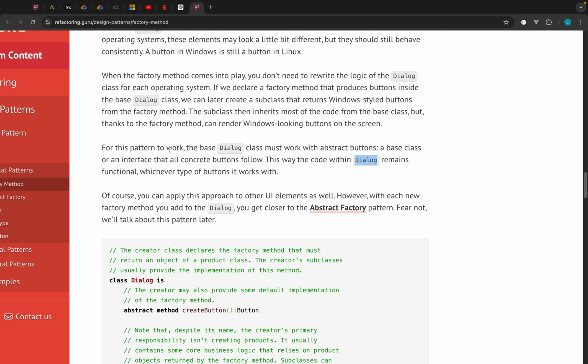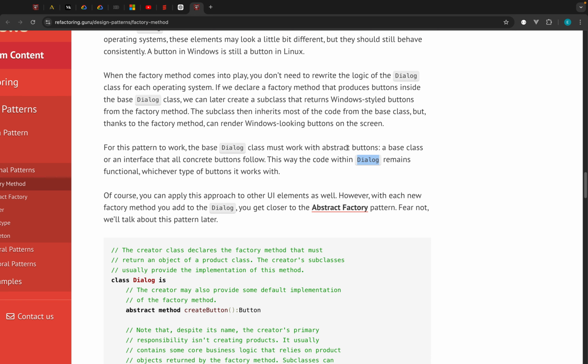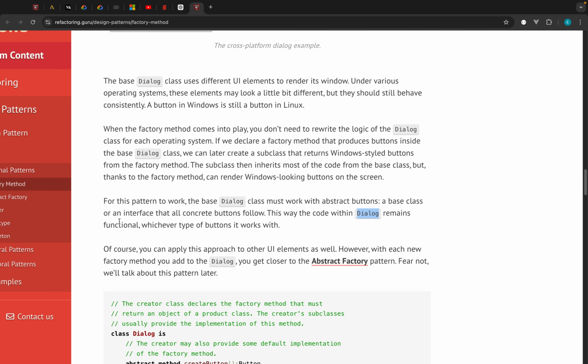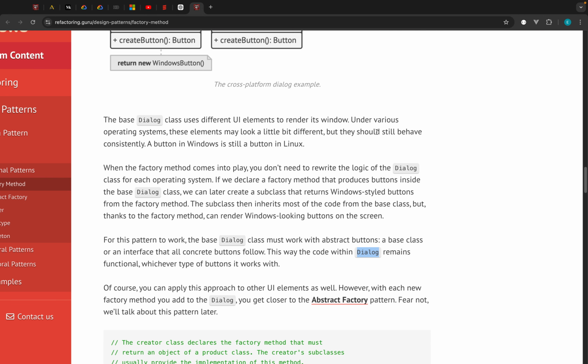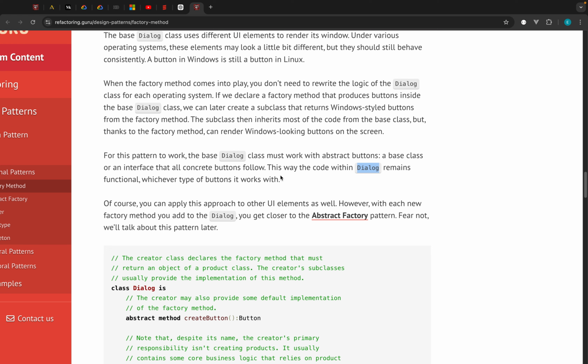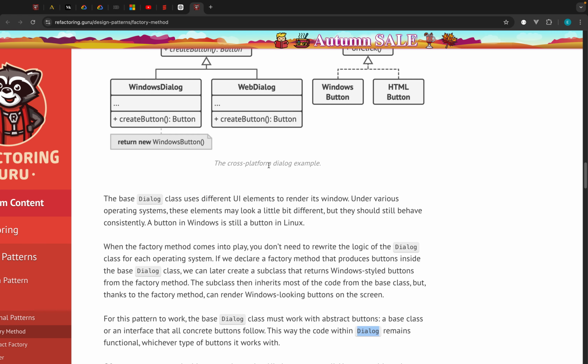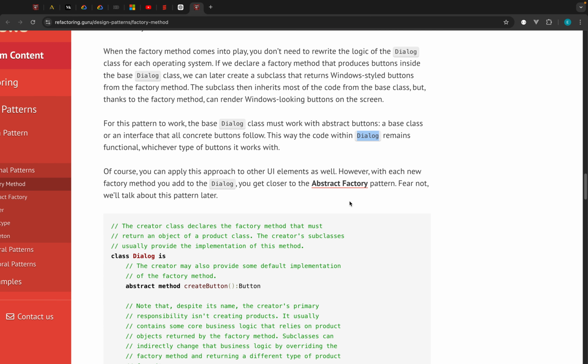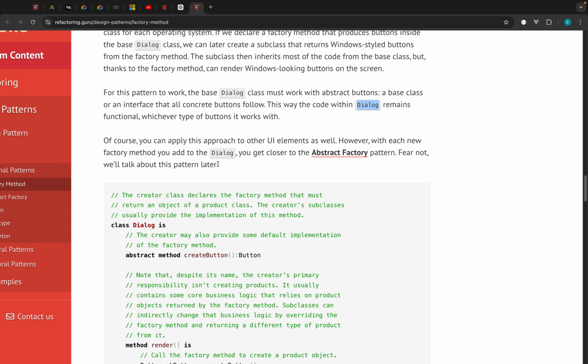So for this pattern to work, the base dialog class must work with abstract buttons. So yes, it works with abstract buttons, a base class or an interface that all concrete buttons follow. These concrete buttons follow this interface. This way the code within dialog remains functional whichever type of buttons it works with. Of course, you can apply this approach to other UI elements as well. However, with each